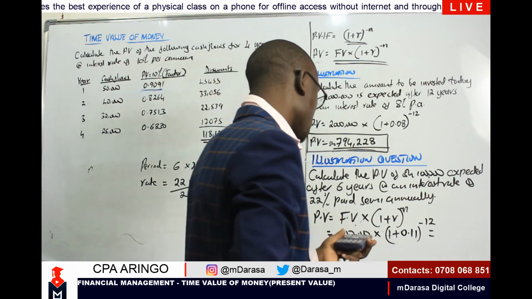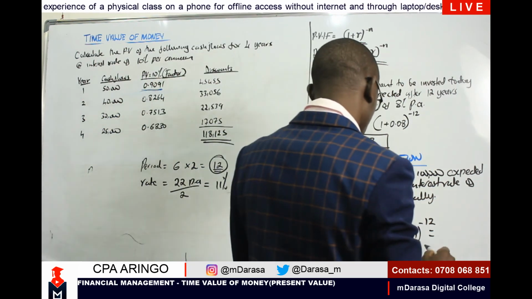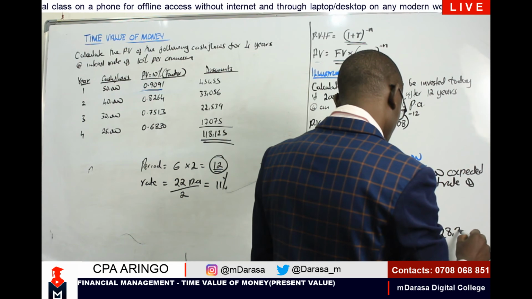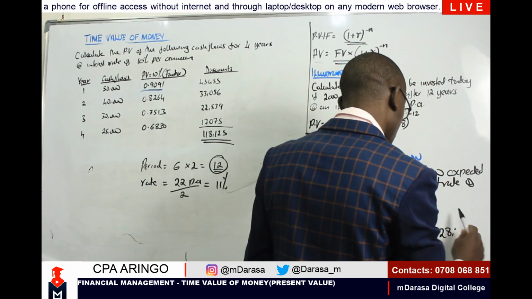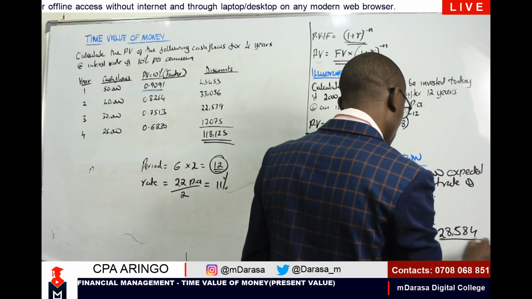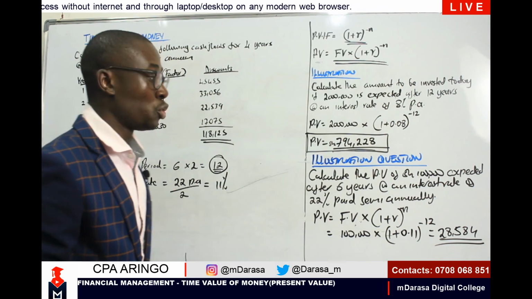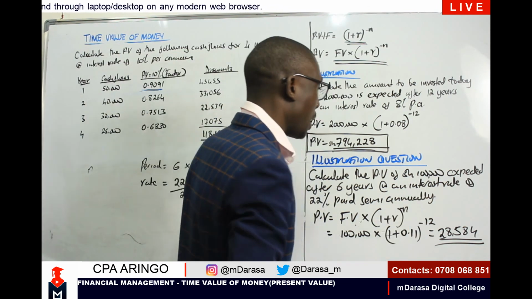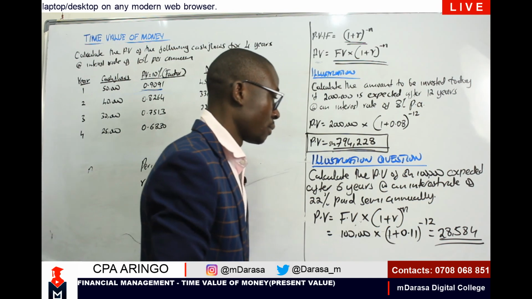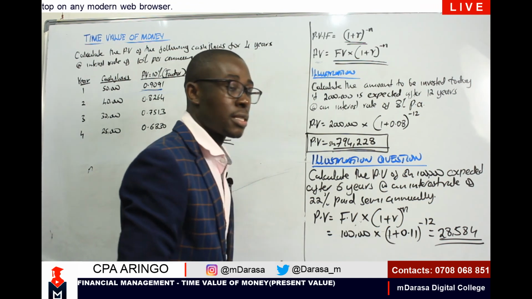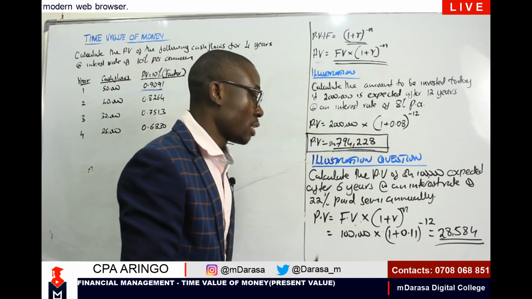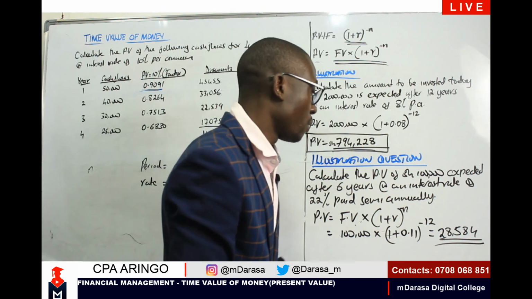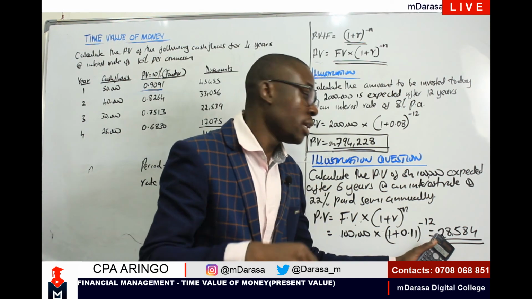So our present value, the one that we should invest today, should be 28,584. This is what we should invest today for us to receive 100,000 after 6 years, at an interest rate of 22%, and this interest is paid semi-annually. So the amount that we should invest today is